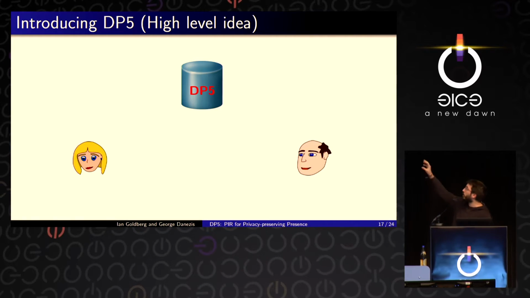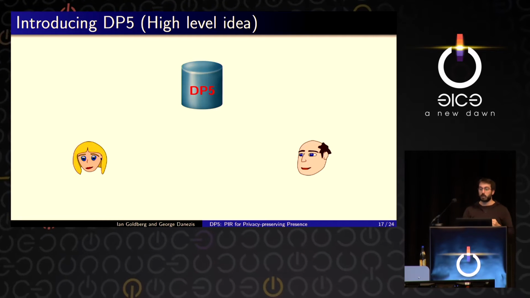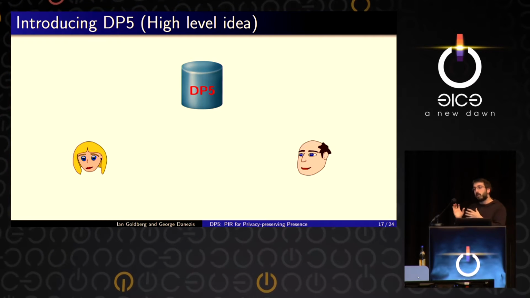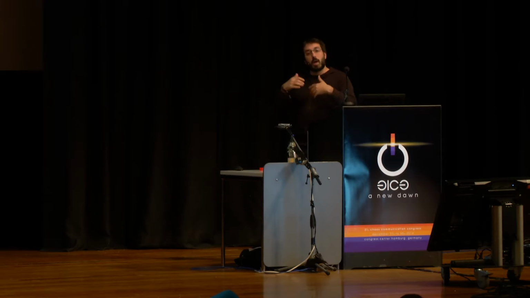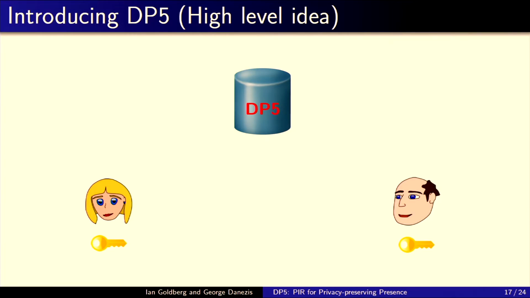However, we would like all the servers that run DP5 not to learn anything. So let's see how we could achieve this. First of all, because the servers should not actually be able to extract any information about what's going on, clearly Alice and Bob need to share some secret that the servers don't know. So we assume that Alice and Bob share a key that they can either share when they meet each other, or they can derive using public key cryptography. Then Bob somehow has to send some information about his presence and his status to the infrastructure, the DP5 server